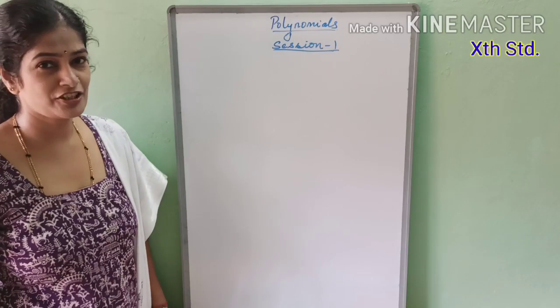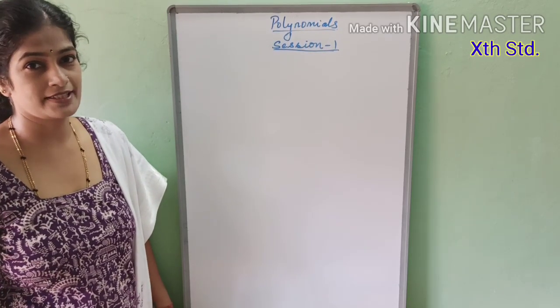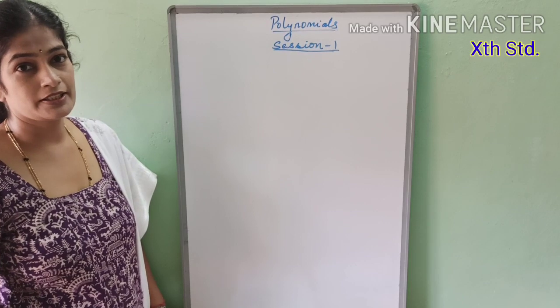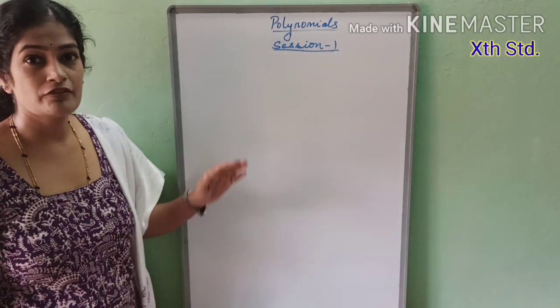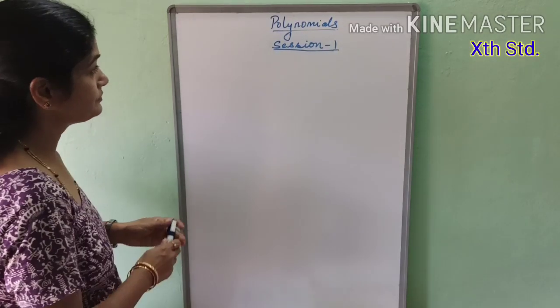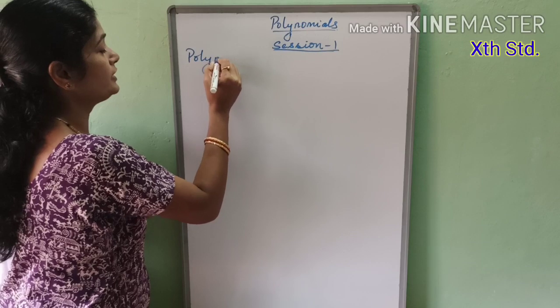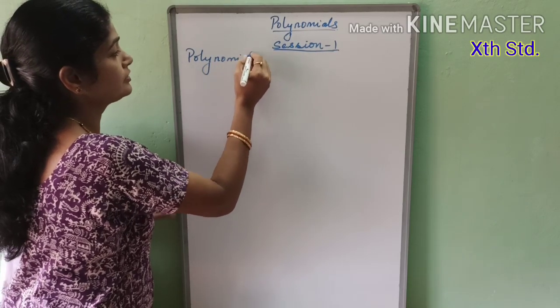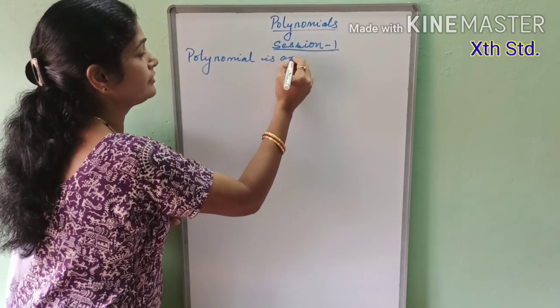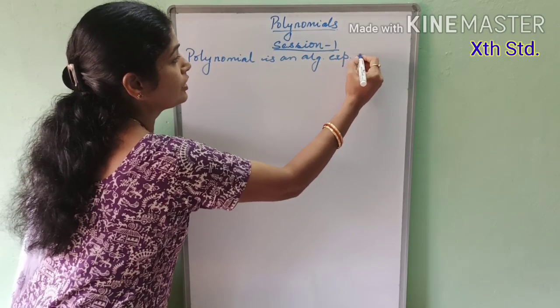Welcome to session 1 of polynomials, which is the second chapter in the class 10th math syllabus. Now let's look at what polynomials are, which we have already learned in your class 9. A polynomial is an algebraic expression of the form